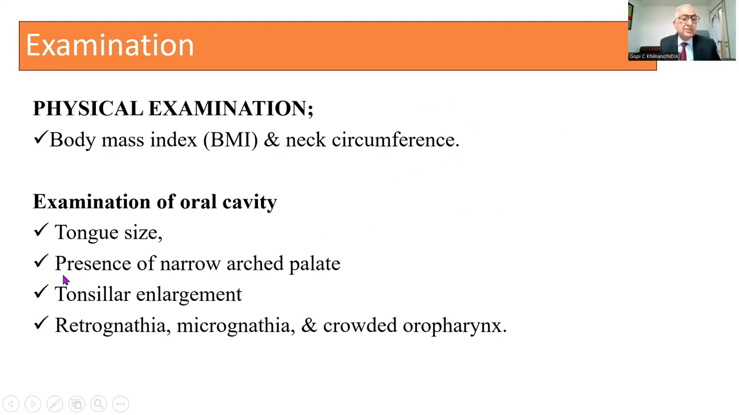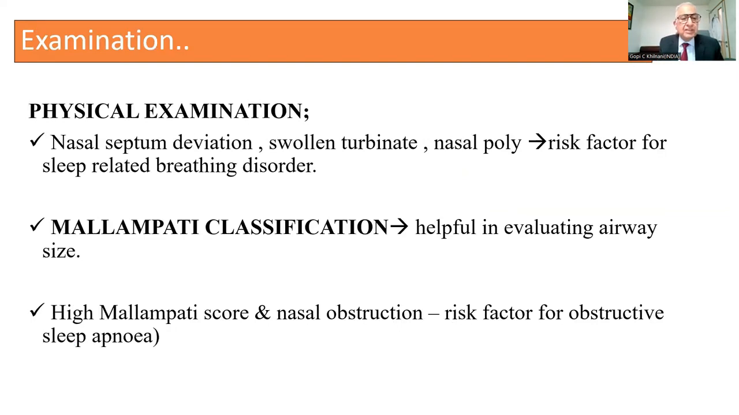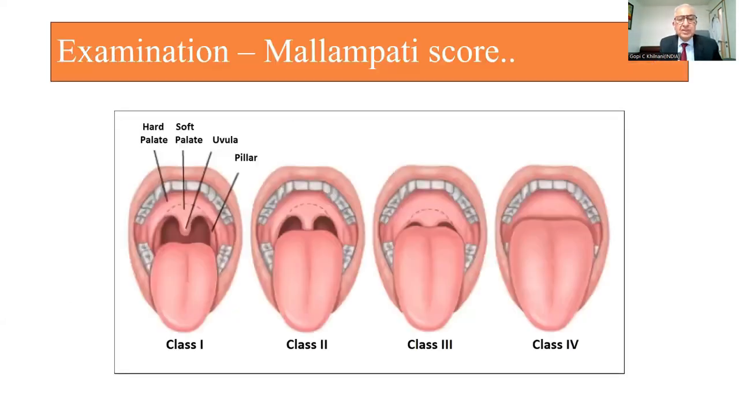16 inches is important. The oral cavity, the tongue size, the presence of narrow arched palate, tonsillar enlargement, retrognathia, micrognathia, and crowded oropharynx is important. Nasal septum deviation, swollen turbinates, nasal polyps are all important. And Malampati score. Now, we who are practicing sleep medicine, we ask the person to open the mouth without asking